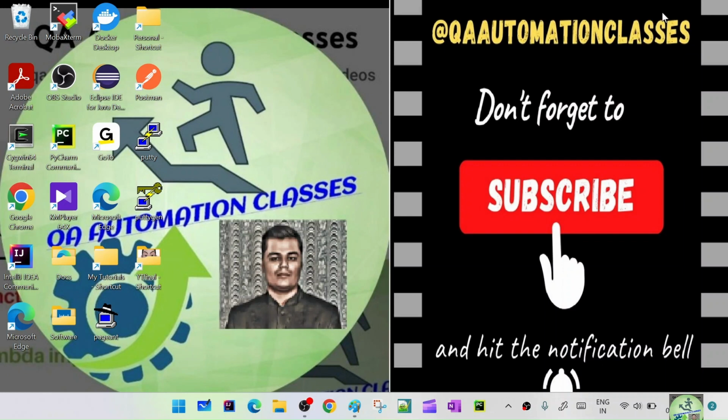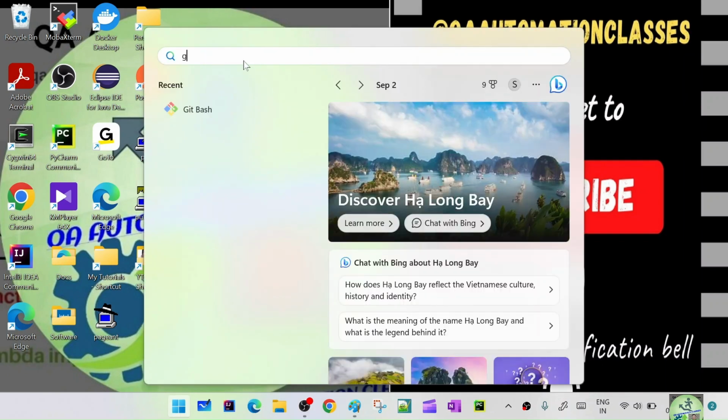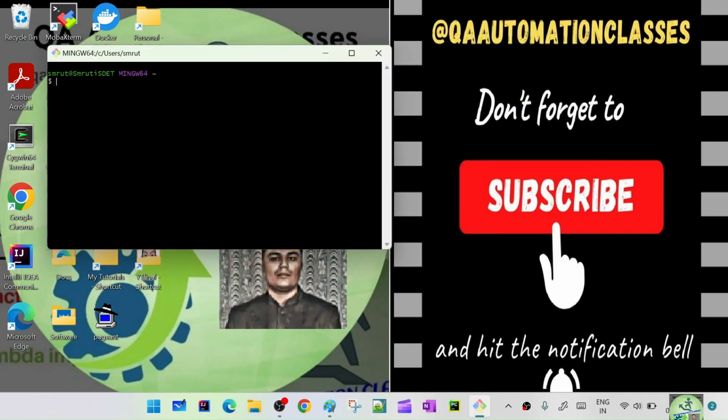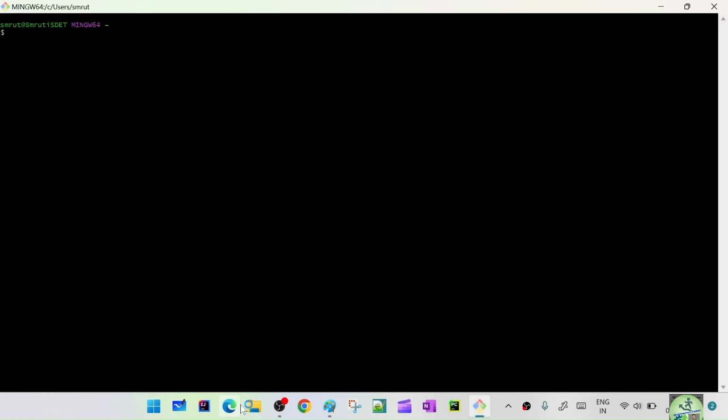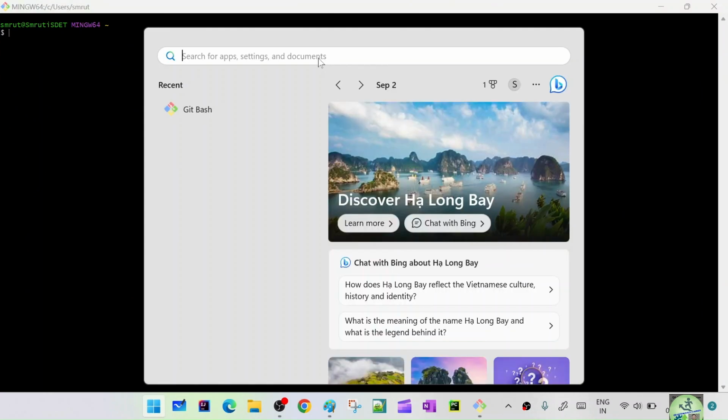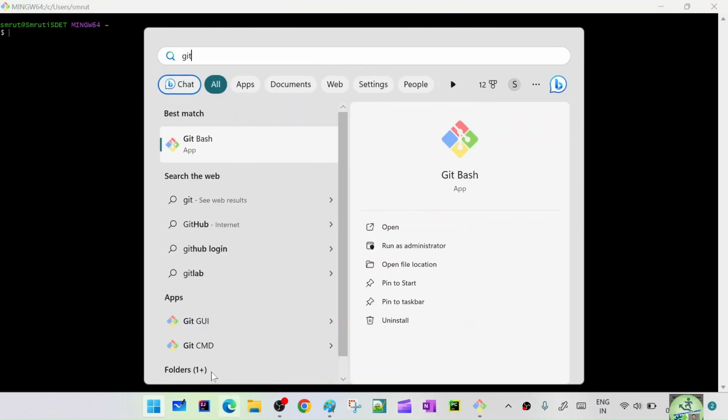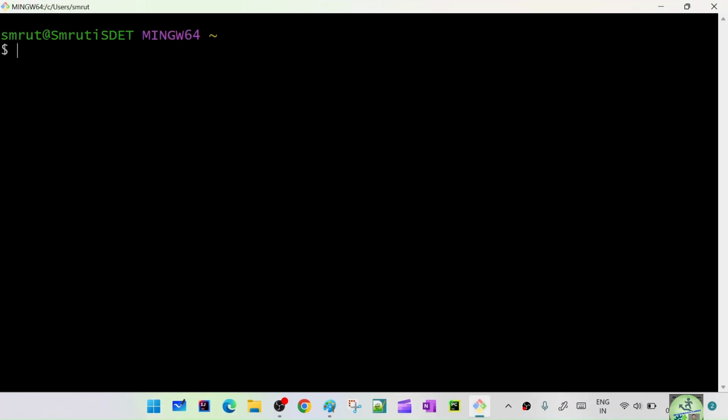We'll see them, right? So in order to do that, we'll be looking at the software. Okay, Git Bash. So when you install Git, you will have Git GUI, Git CMD, and Git Bash. Okay, let me show you. So Git Bash, Git GUI, and Git CMD. So Git Bash is nothing but, here if you see, it's a command line interface. Okay, so CLI, and here you have to type the command and you can see how those commands are getting executed and what happens after the command is getting executed. So this is nothing but your command line interface and the respective commands that are going to get executed